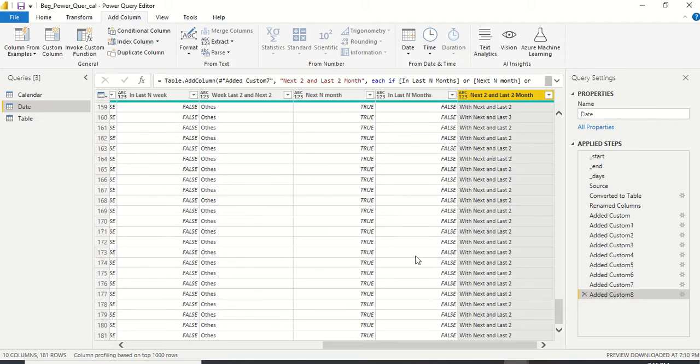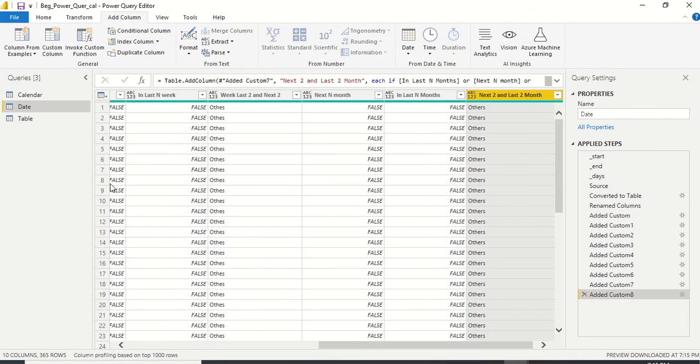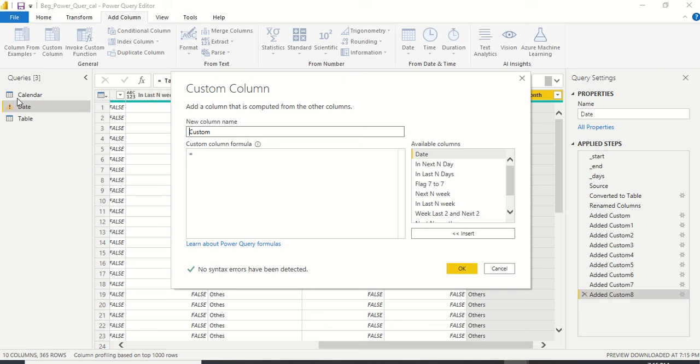And then what we are going to see is this time we are not going to go for 2 quarters, we are simply going to go for 1 quarter and see whether we are in the next n quarters. So the n can be 2 and can be 1 also, but let's try it with 2, because you already have is in next quarter and is in previous quarter functions in Power Query for that.